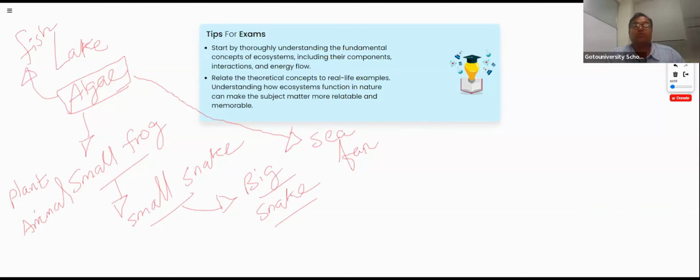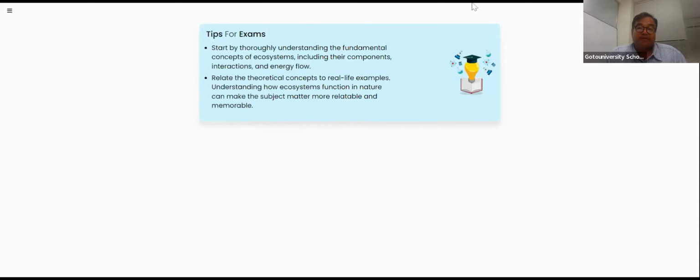So how is the algae energy taken to the next higher level? The energy of the algae is taken to the next level by the fishes and by the frog. Frog takes energy, fishes take energy of the algae, right? So like this, there is a reason why we told this in the tips for the exam. This is the way you need to keep the concept in your mind in a proper circle so that you can explain in detail during the